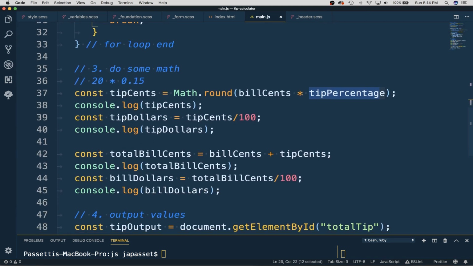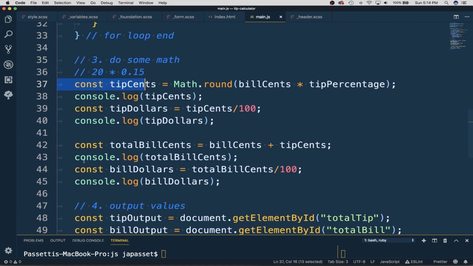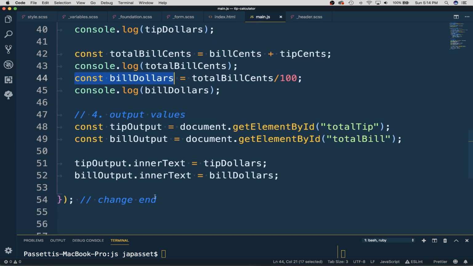We did some math. We made tip cents and tip dollars. Try to stay in cents as long as possible. And we made our total bill in cents, and then we converted it to dollars. And the last thing is, after we did the math, select our output destinations and fill the inside text with